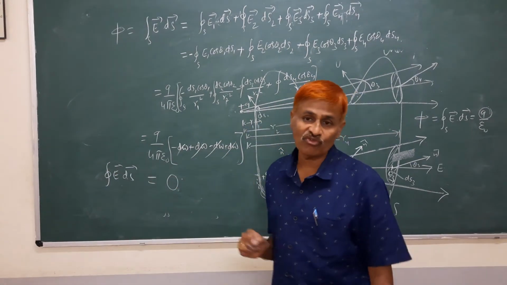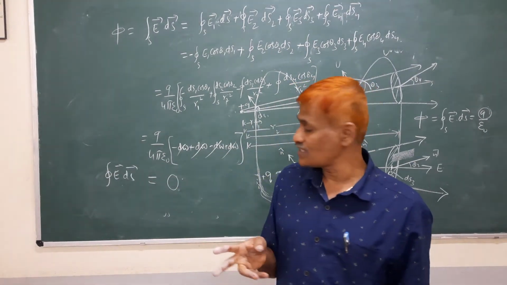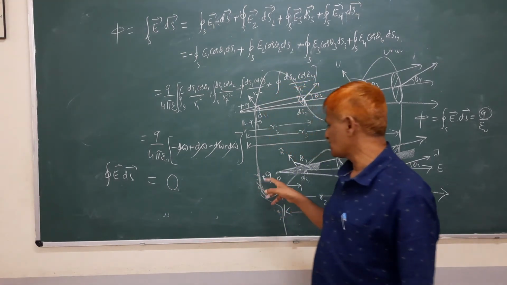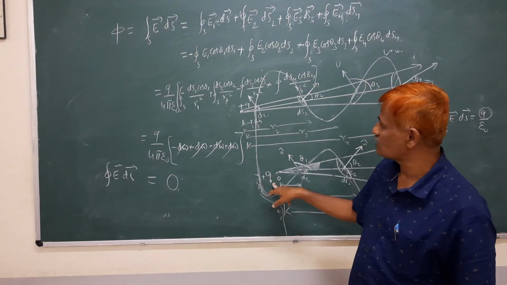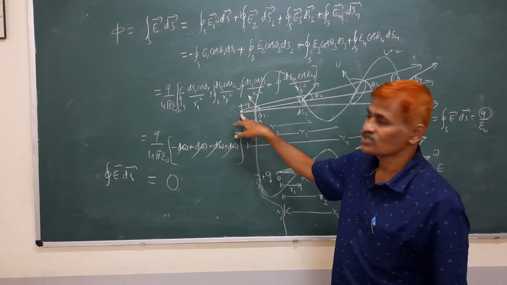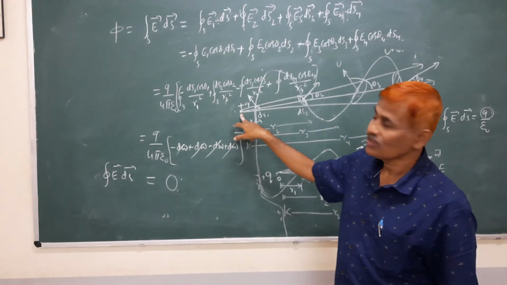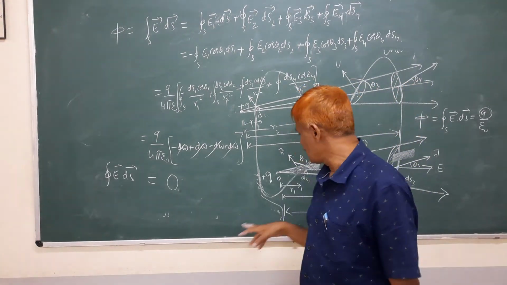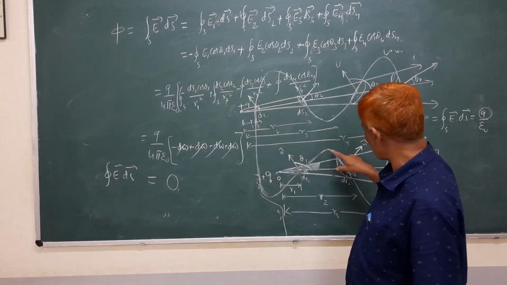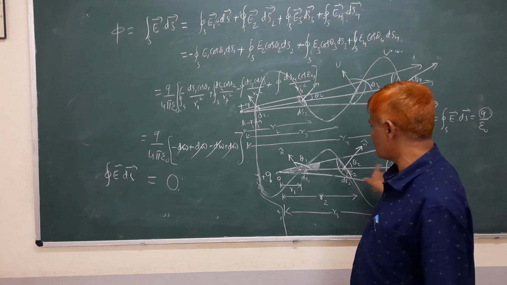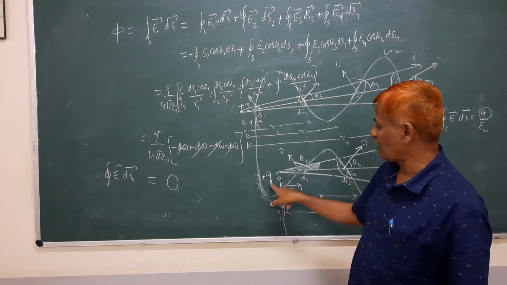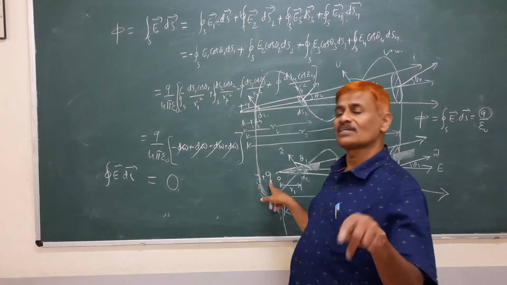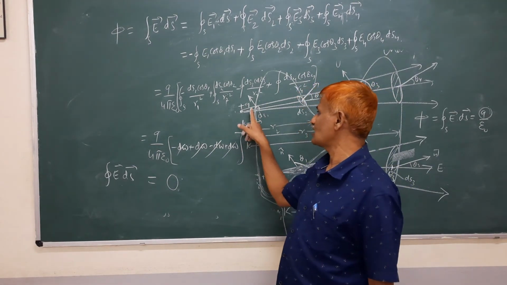This is the proof of Gauss law in two cases. Case 1, surface enclosing the charge. Case 2, surface not enclosing the charge. Gauss law is true for all Gaussian surfaces. I have taken this in a particular shape in order to increase these cases, and I have taken only one point charge. It is true for a number of point charges.